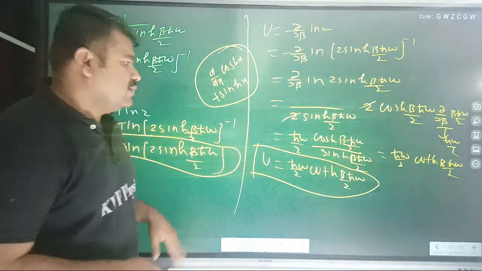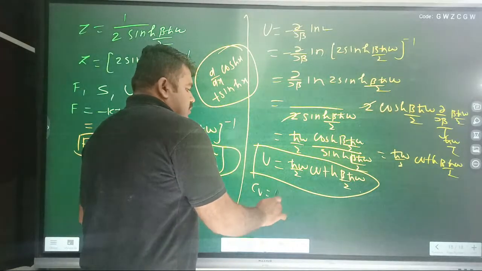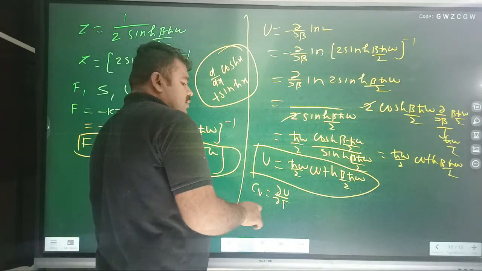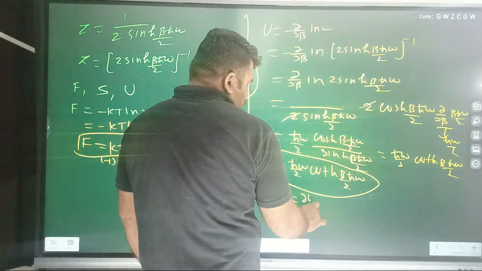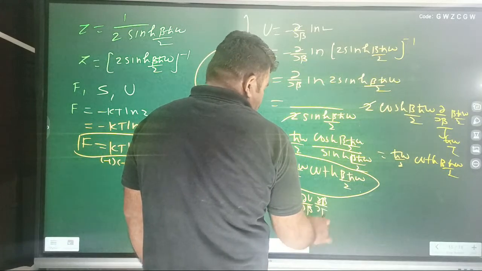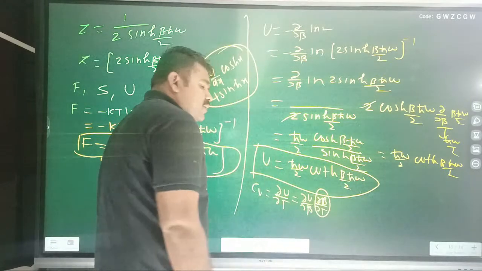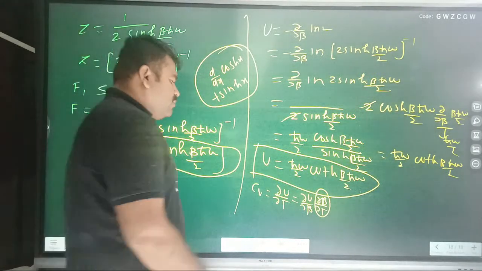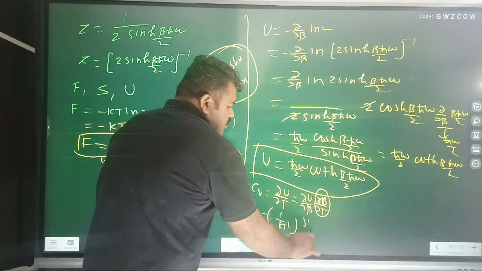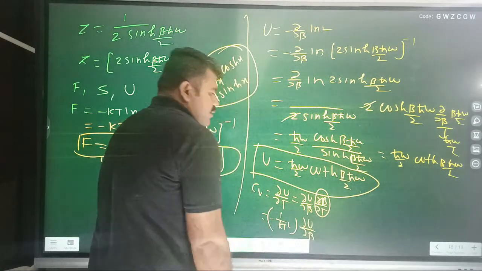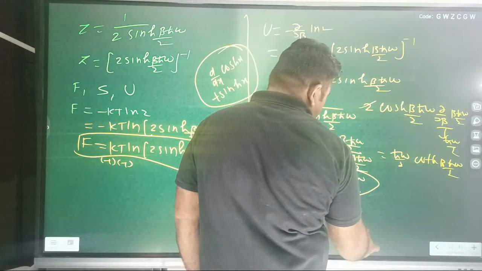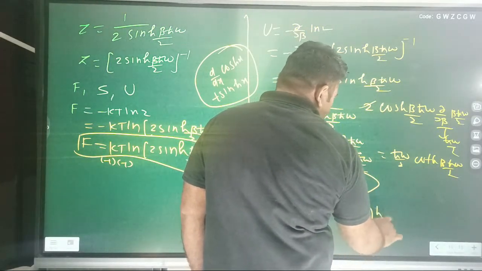Okay. Next, Cv is equal to dU/dT. We can write dU/dT using the chain rule: dU/dβ times dβ/dT. dβ/dT is minus 1 upon KT square. So Cv is minus 1/(KT)² times dU/dβ. And this is equal to how much? Minus 1/(KT)² times ħω/2 times the partial derivative of